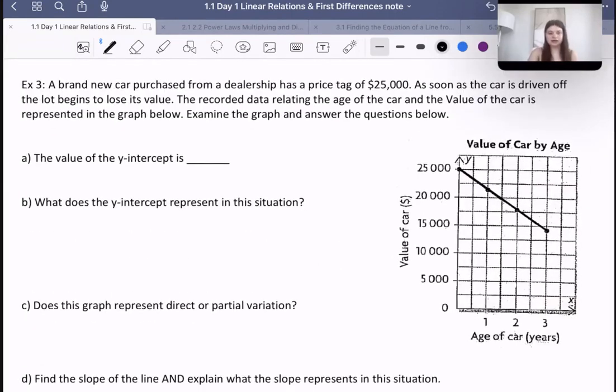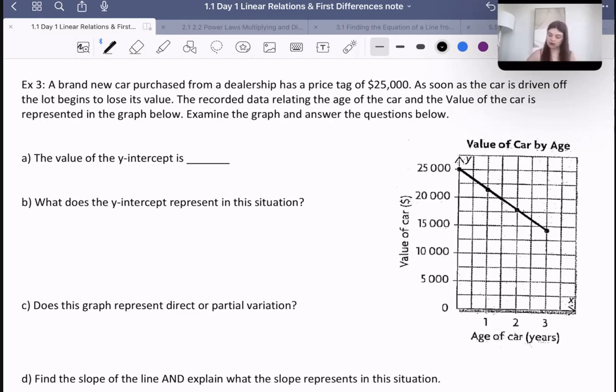Okay, so example 3. A brand new car is purchased from a dealership, has a price tag of $25,000. As soon as the car is driven off the lot, it begins to lose its value. The recorded data relating the age of the car and the value of the car is represented in the graph below. Examine the graph and answer the questions below. The value of the